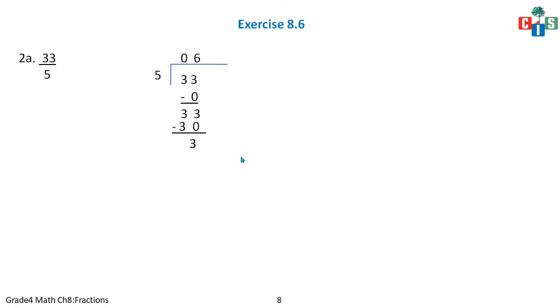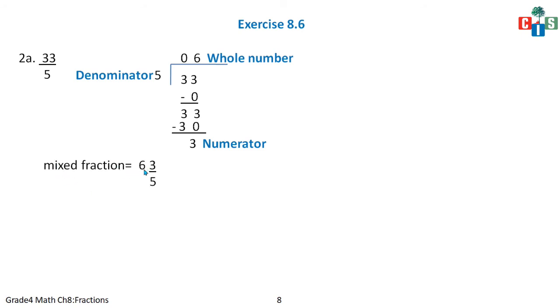Okay, division you already know. How will you represent? Now see, 5 is the denominator, you will keep 5 as the denominator as it is and 6 is the quotient. Okay, so 6 is the whole part, 6 will come sideways. This is the whole number, this is the numerator and this is the denominator. So you will write the mixed fraction like this. 6 is the side part, 6 will be written outside, and the remainder will be written as the numerator and the denominator will be the same. Okay.